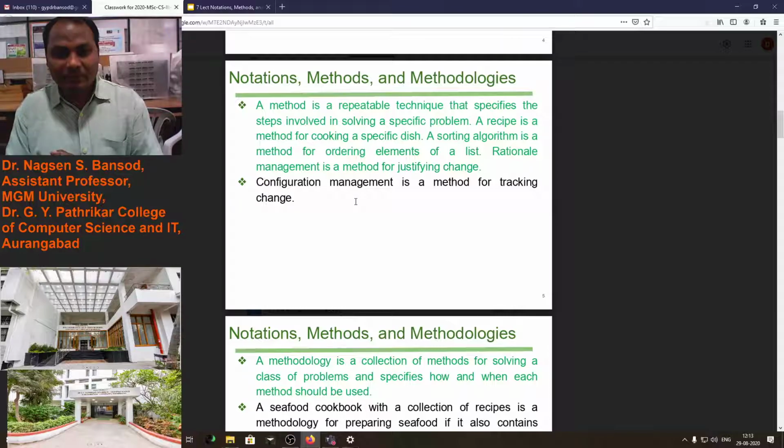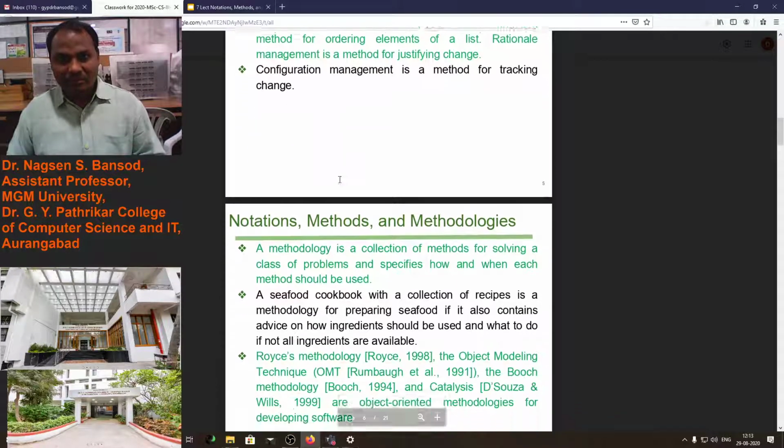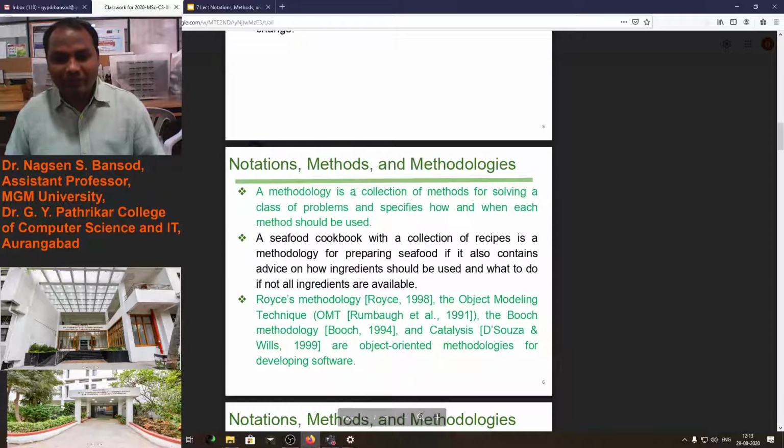Like a recipe, if we want to make tea, that is the method of making tea. If you want to make a cake, the process of making the cake is the method. And for rationale management, that is also a method. Configuration management is a method for tracking change.